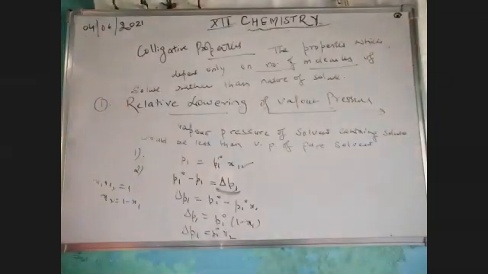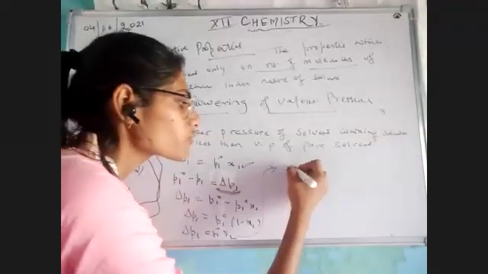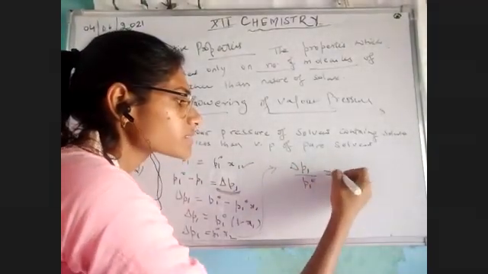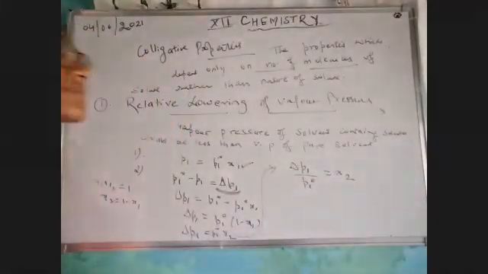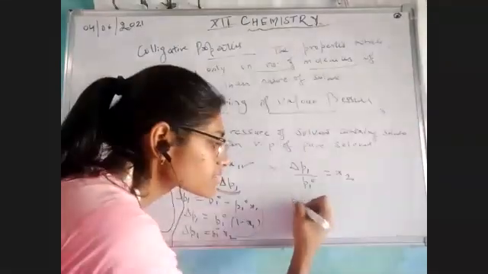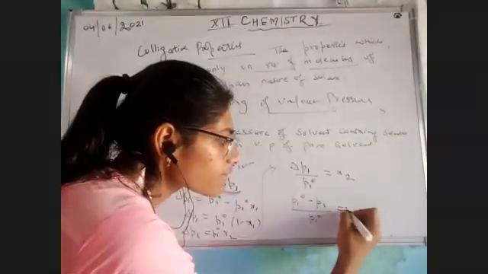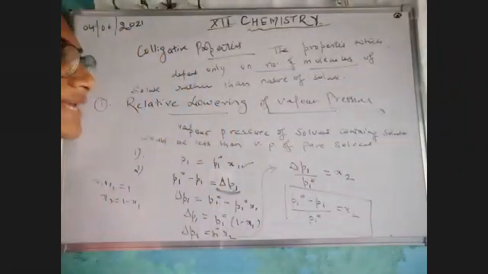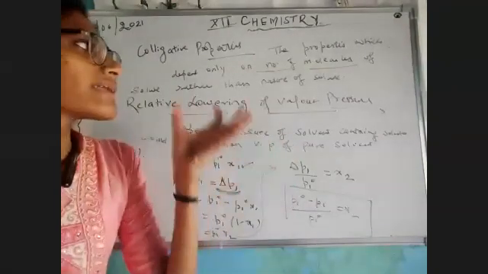Clear? Now let's move on. If we go further, what would we get? Delta P1 over P1 naught is equal to X2. This is also going to be the relative lowering. So this is equal to P1 naught minus P1 upon P1 naught equals X2. That's it. But this is not a complete formula, because in this we have to calculate the number of molecules,